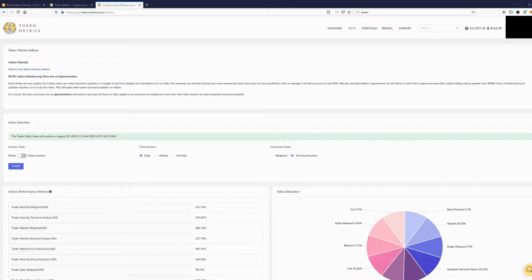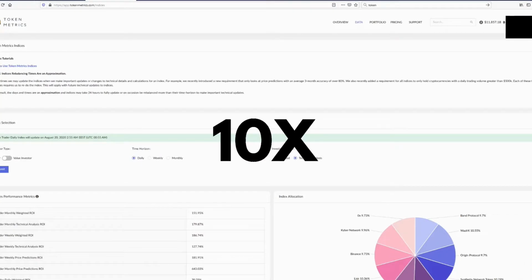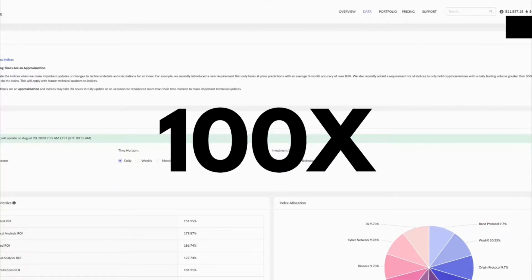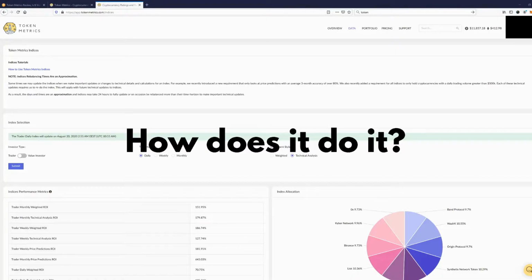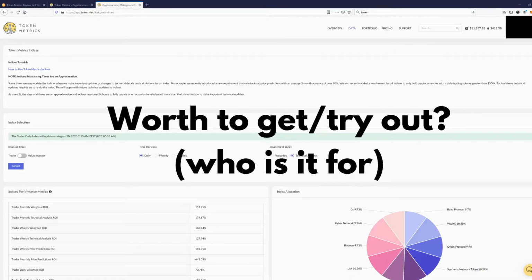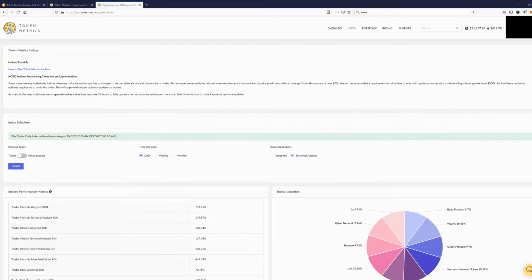In this video, we'll look at token metrics. We'll take a deep dive on the crypto research tool and figure out if you can really find the next 10x, 50x, maybe even 100x coins with the tool. So, what does token metrics do? How does it do it? And is it worth getting to conduct better crypto research and find the gems, the altcoin gems that we're